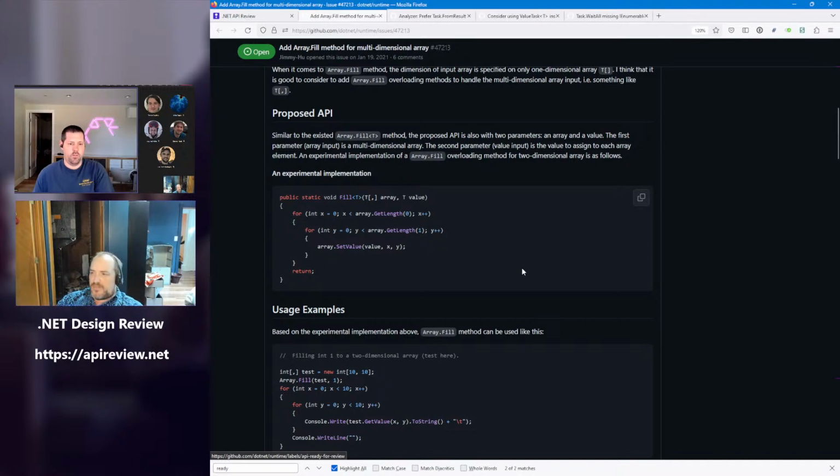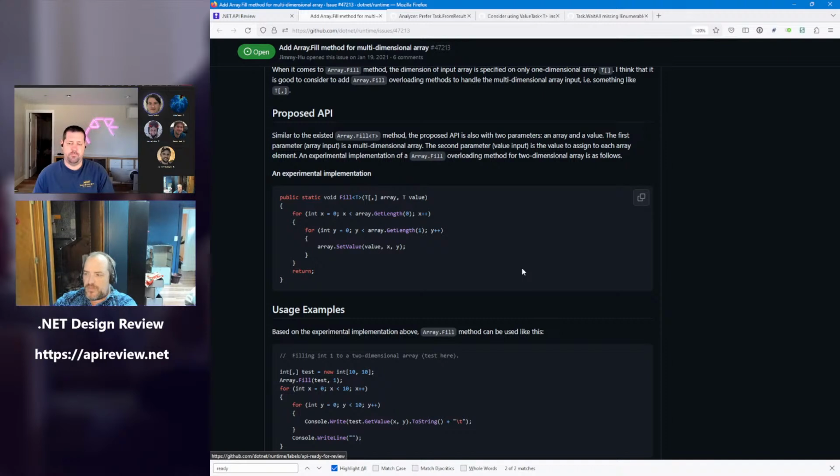I'm not opposed to adding the 2 rank overload just because it solves, I think, as we're all in agreement, a large percentage of the problems that people have. And it seems like it can be done without breaking anyone. Yeah, I think if we were to do that, I'd want to kick it back and take a look at the extension method approach holistically.